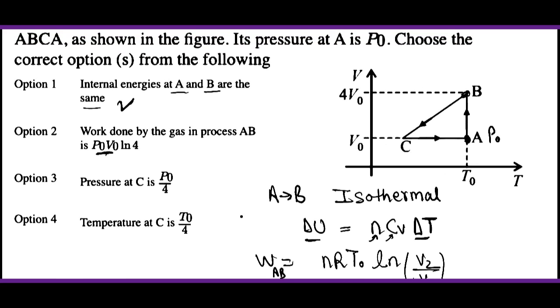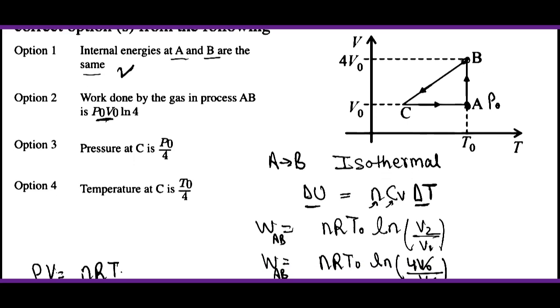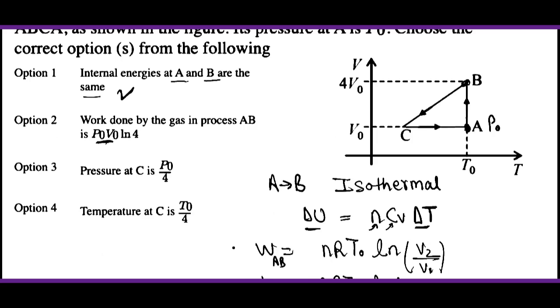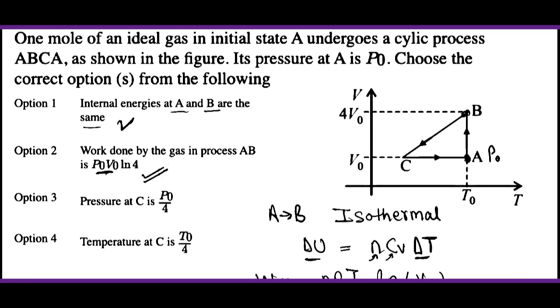अब कुछ बच्चे सोच रहे होंगे कि यहाँ तो प्रेशर और वॉल्यूम तो कांस्टेंट नहीं है। तो देखो ये हमें पता होना चाहिए, अगर टेम्परेचर कांस्टेंट है तो PV तो वैसे ही कांस्टेंट होगा, है ना, क्योंकि nR तो कांस्टेंट है, अब टेम्परेचर कांस्टेंट है तो PV तो कांस्टेंट ही होगा ना, यानी P₀V₀ होगा, समझे। तो यहाँ हम nRT₀ को रिप्लेस कर सकते हैं, P₀V₀ इंटू ln 4। तो ये हमारे पास आ गया वर्क डन फ्रॉम A टू B। तो ये ऑप्शन जो है हमारा सेकंड ऑप्शन, ये भी बिल्कुल करेक्ट है,